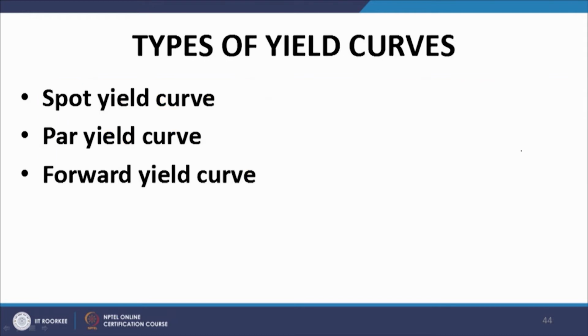Now, there are different types of yield curves. I have touched upon the spot yield curve a few minutes back. We also have the par yield curve, and we also have the forward yield curve. Spot yield curve: this yield curve shows spot rates by maturity. As I mentioned, on the x axis we have maturity, and on the y axis we have the corresponding spot